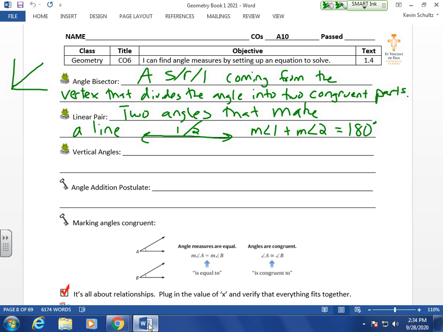Vertical angles. Any guesses as to vertical angles? Two angles that line up next to each other? Next to would actually be adjacent angles. Elise? Two angles that are opposite each other? Yes. Vertical angles are two angles opposite each other